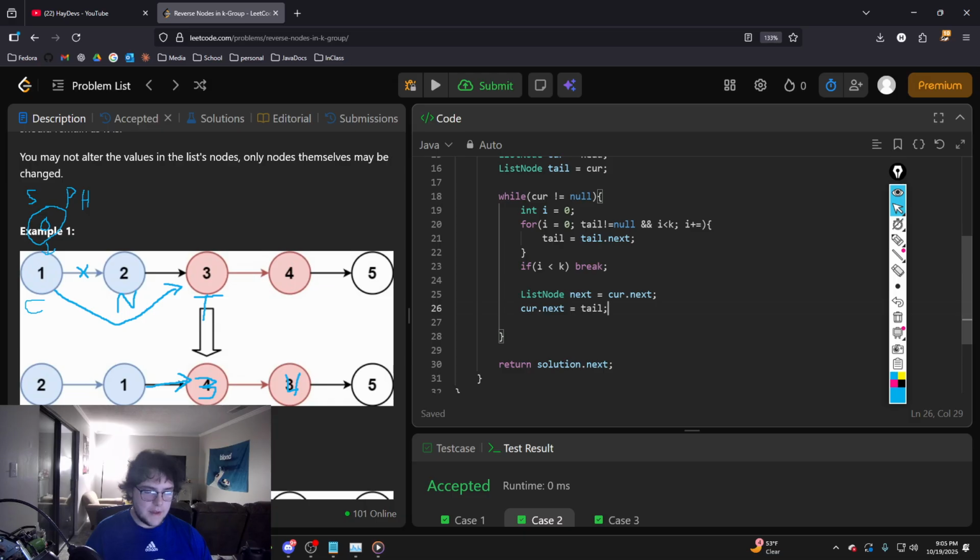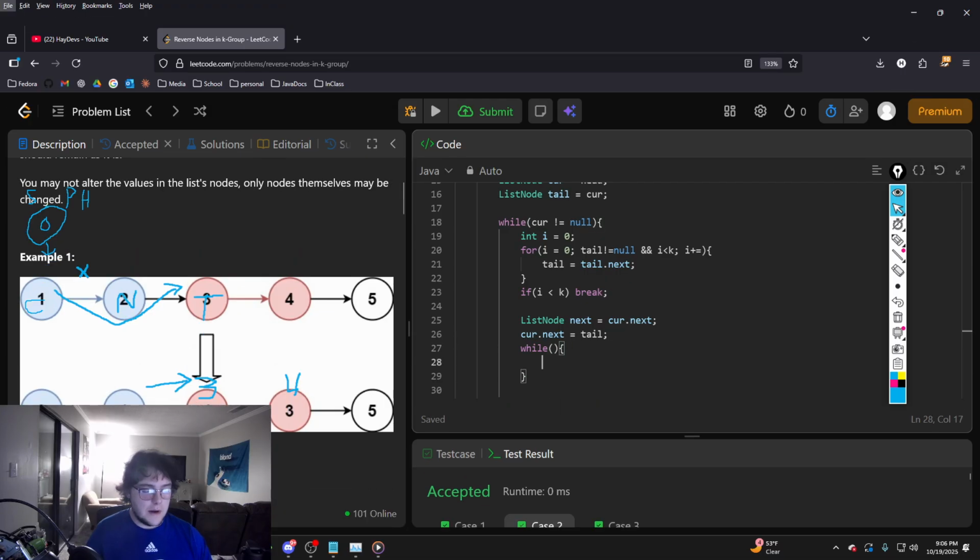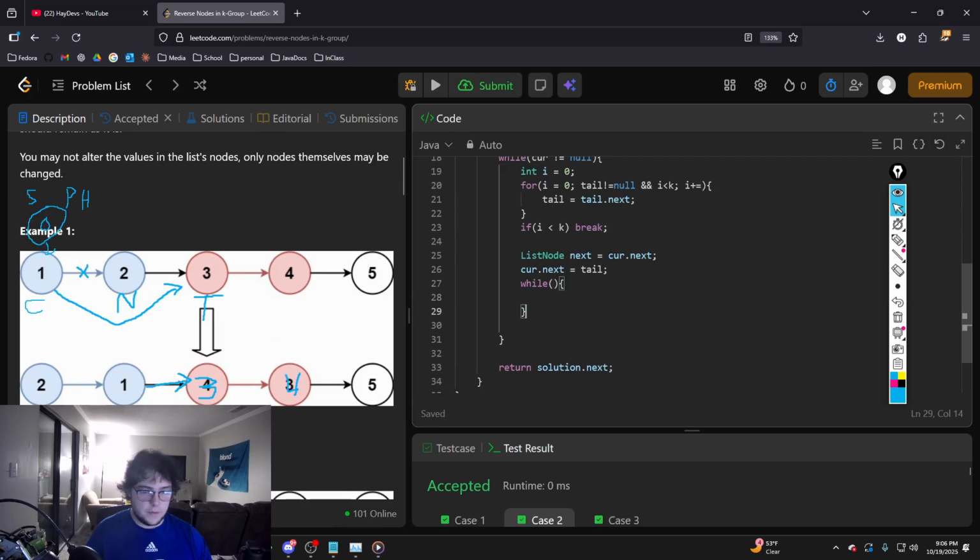And then after we've done that, we want to make sure our condition breaks out of the while loop, because if you can imagine if k was like 5, we want to make sure our condition for this middle loop would be, well, outside the while loop, what we want to do is we want to set